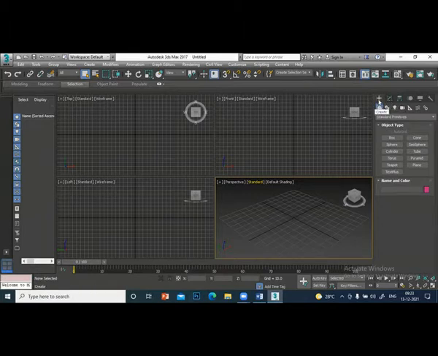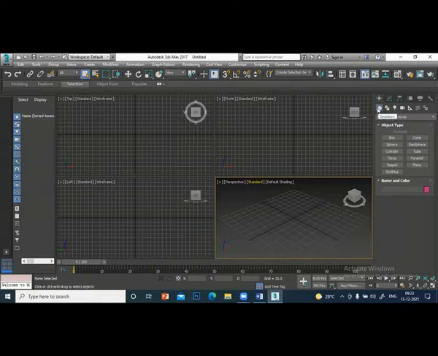When you click the create panel, you can see that there are some sub panels under the create. The first one is called geometry. Are we writing down? Geometry.